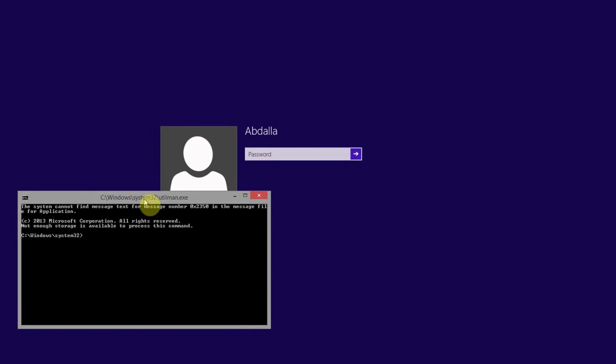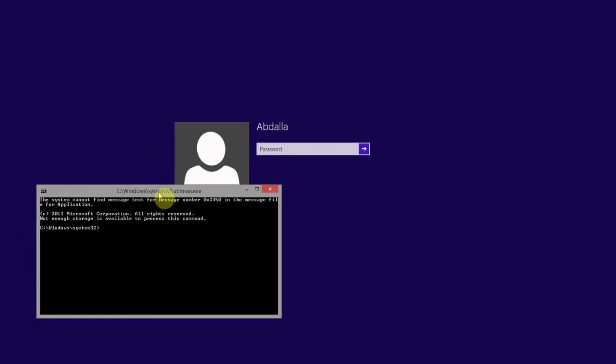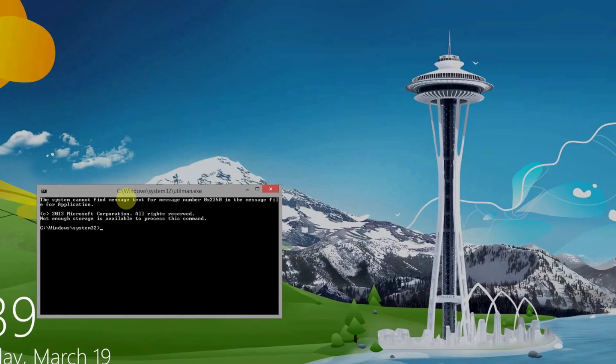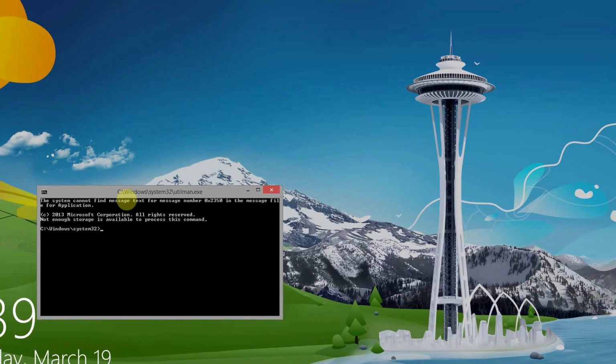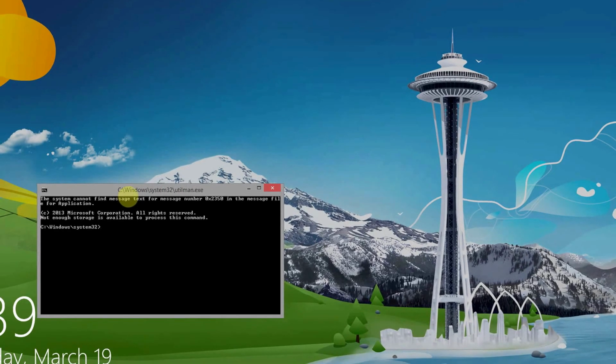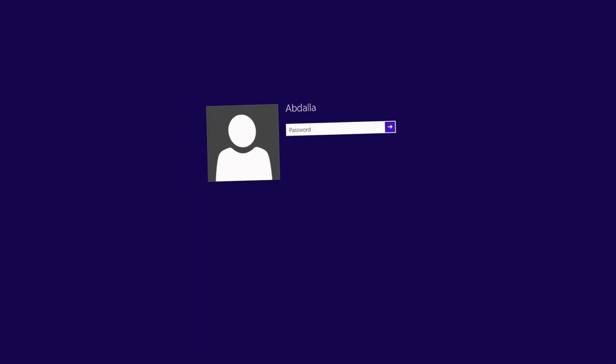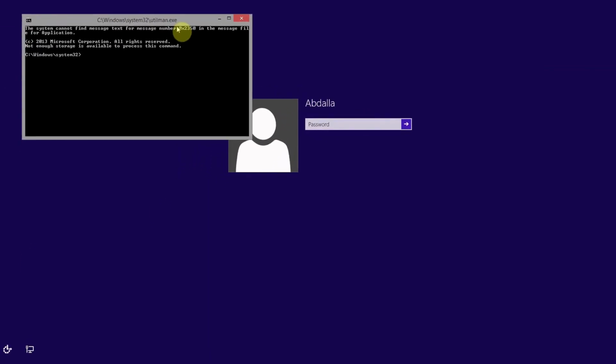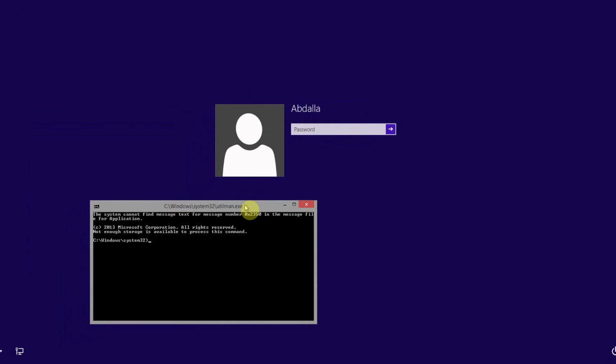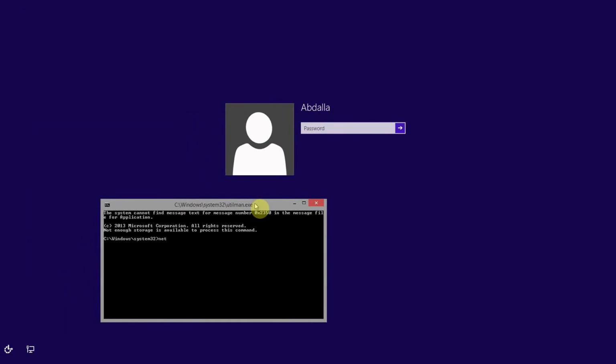what we're going to do right now is we got real access to the Windows directory. The reason why we got the C drive right now, not the D, is that in the configuration of Windows itself, usually the first drive, which is the boot drive, has its drive letter removed for security purposes. So we will go back, and the way that we can use to override this password is the command